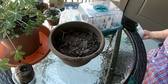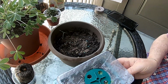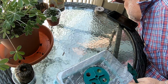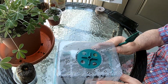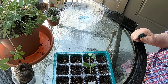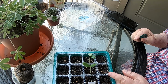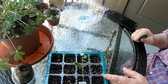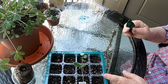And here I can see, put this down here. This is the cantaloupe, and they're a little spindly, and they were already touching the top of the box, so I did need to transplant these. I'm going to start probably about 10 of these in the peat moss, because I think I have room for about a dozen of these cantaloupe in my garden box downstairs, and also